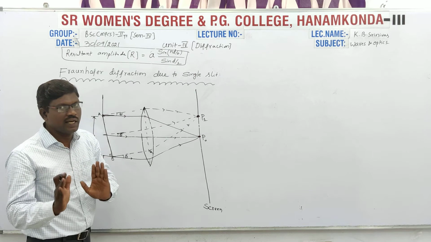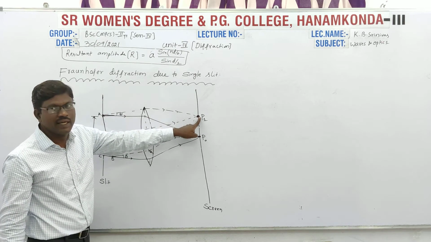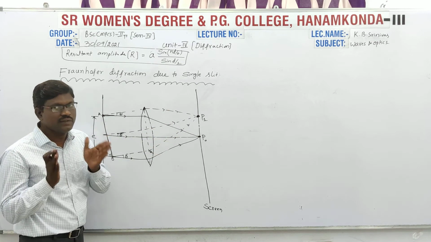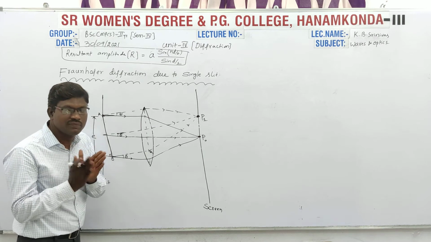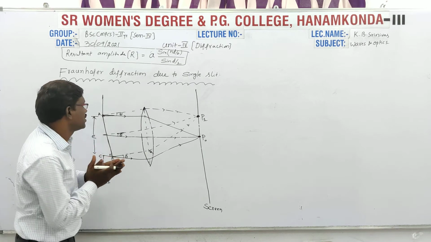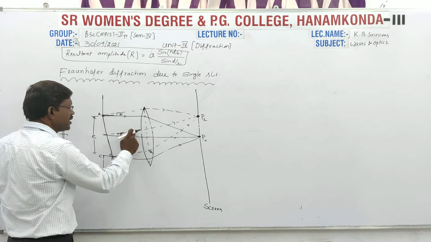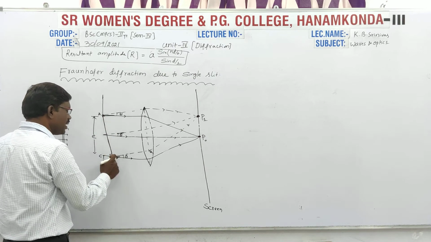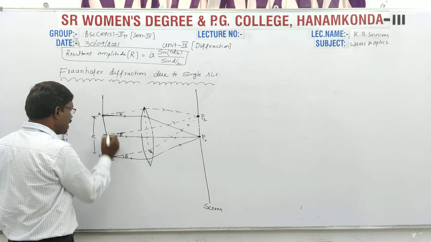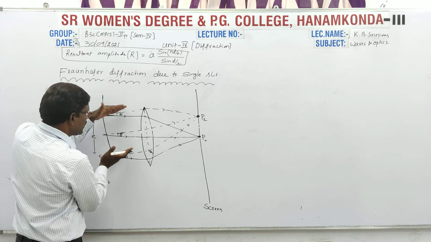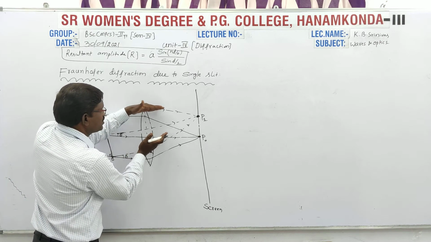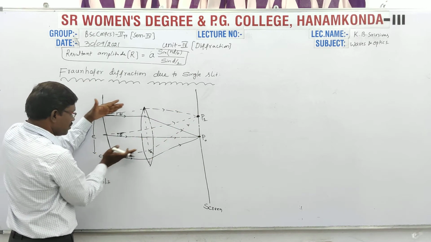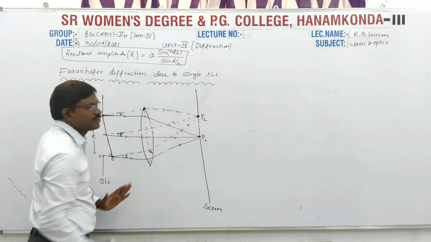So our aim is to calculate the resultant intensity at P1 due to these diffracted rays. Further, we need to calculate the path difference between the incident rays. To calculate the path difference, here I am drawing a normal. What is the name of this normal? AB. From points A and B, both the diffracted rays take equal intervals of time. From these 2 points, there is no path difference between these 2 rays.